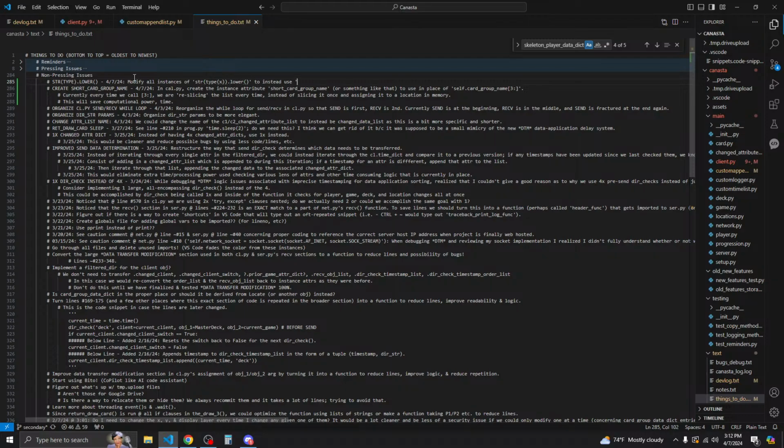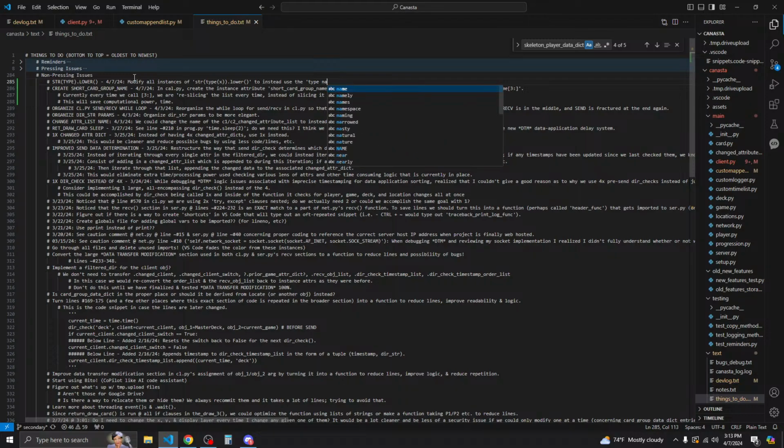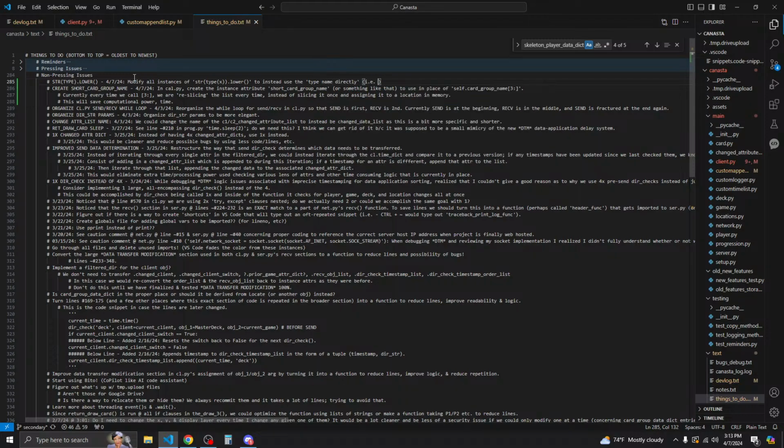it's going to be just the type, meaning like, to instead use the type name directly, i.e. type x equals card, instead of converting card to string and lowering it.